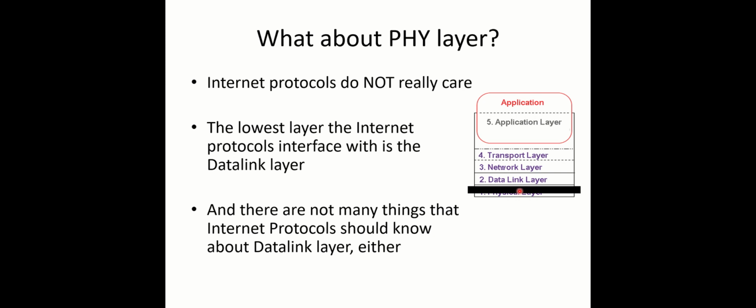It's like in the Amazon book ordering example in session 1, where I did not have to know what airline carried my book over the Pacific Ocean. I let the post office deal with it. I just don't care. It's just like that. I leave it to the data link layer. I mean, not I, but the Internet protocols.